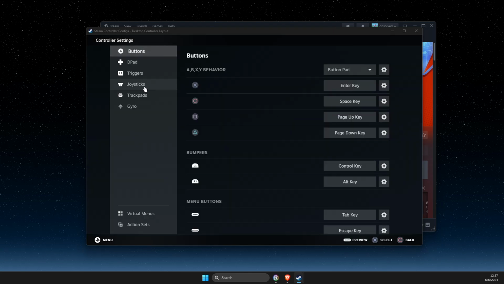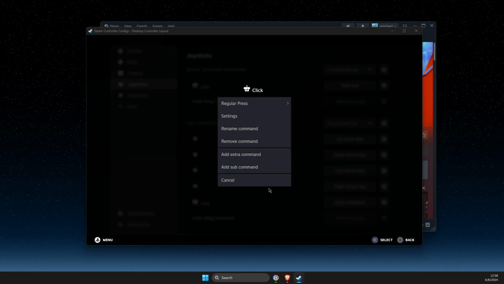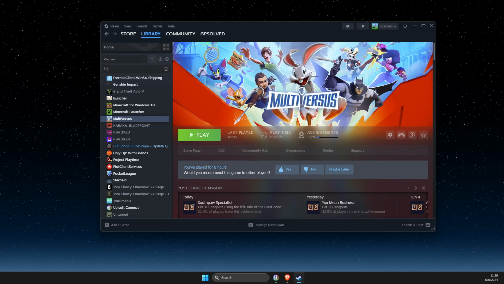In my particular case it is joystick. When I press L3, I'm getting this error. So I go on joystick, and then as you can see here, L3 click, and it's keyboard. So just remove command, and that's pretty much what you need to do here. So now if I press the button, keyboard is not popping on, right? So yeah,